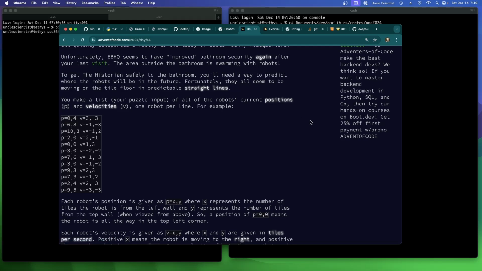Wow. The area outside the bathroom is swarming with robots. To get the historian safely to the bathroom, you'll need a way to predict where the robots will be in the future. Fortunately, they all seem to be moving on the tile floor in predictable straight lines. Make a list of all the robots' current positions and velocities, one robot per line. For example,